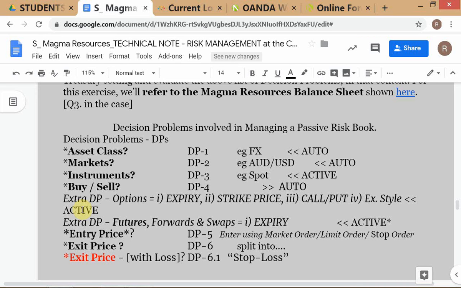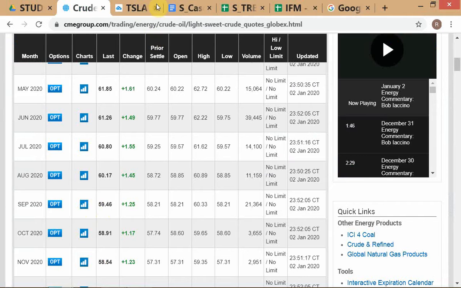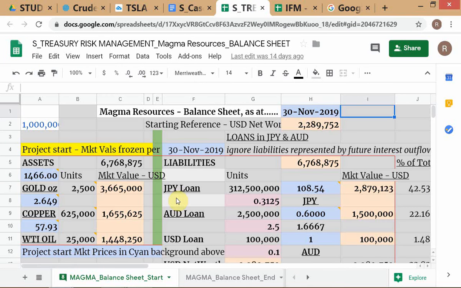In the case of a passive risk book, you saw that the buy-sell decision is automatically solved. You remember that? Yes, because in the case of a passive risk book, you already have a bunch of underlying positions. So if your underlying position is long, when you're running a hedge portfolio, the side of the market that you're on is that you're always looking to sell, because in hedging the philosophy is to reduce risk. So the moment your underlying position is long,